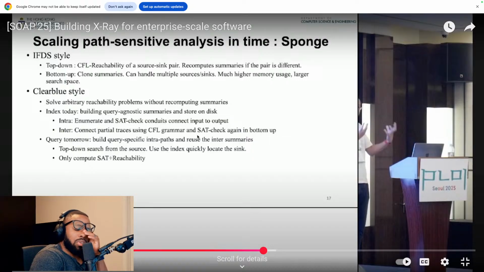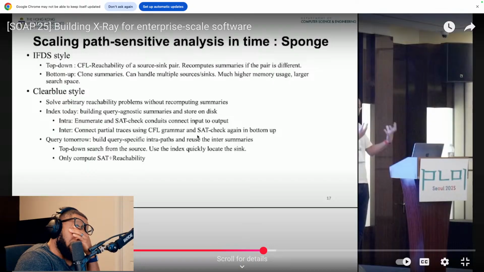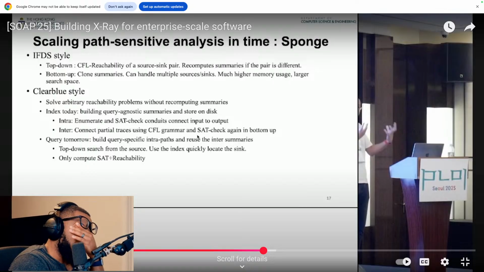That's what I was asking earlier. Wouldn't top-down have the advantage that you can focus on a particular program slice?